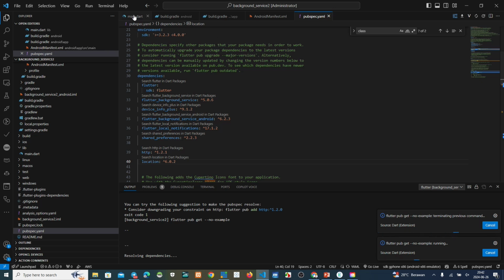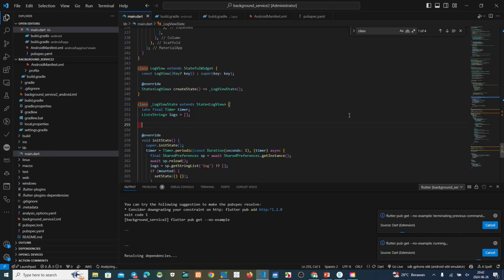Okay, finish. Now we must copy this, the location data. We make the initialization parameter.